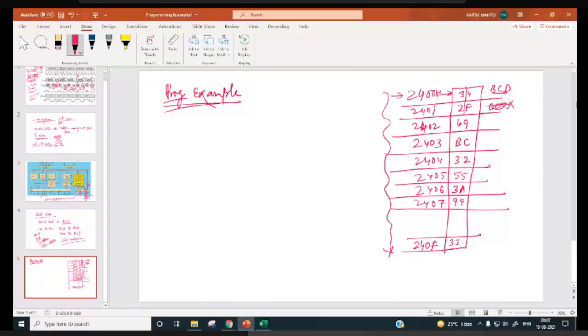Again this is BCD, each nibble is less than A. Here both nibbles are more than or equal to A, so it is not BCD. This is BCD, this is BCD, this is not BCD. Similarly we have 16 bytes stored in memory starting from 2400H, and data is ending over here. So 16 bytes are there.